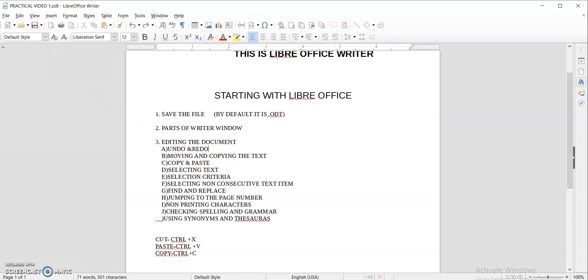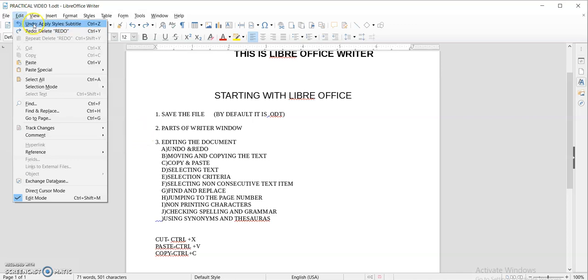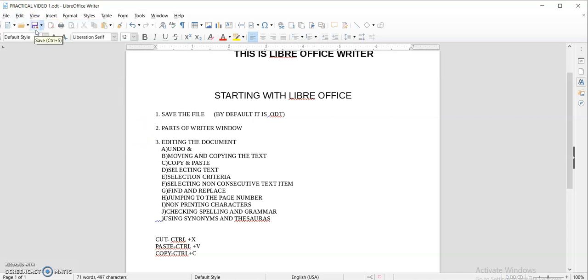And if we want to undo again, you can simply go and click redo. The shortcut key for this undo and redo is Ctrl plus Z.